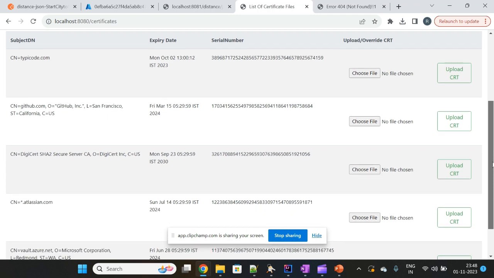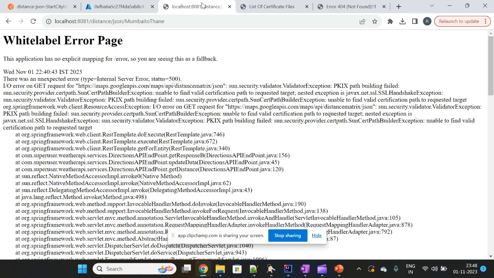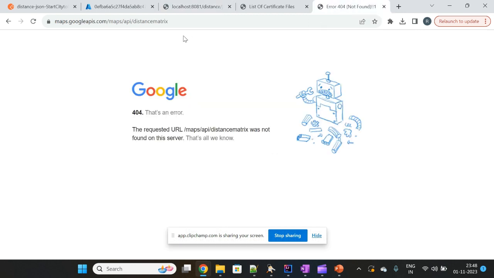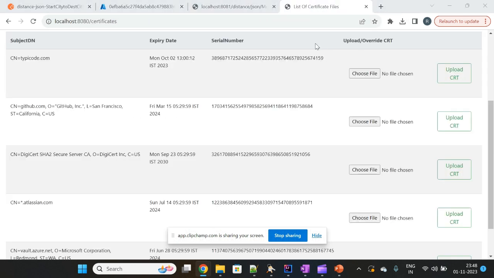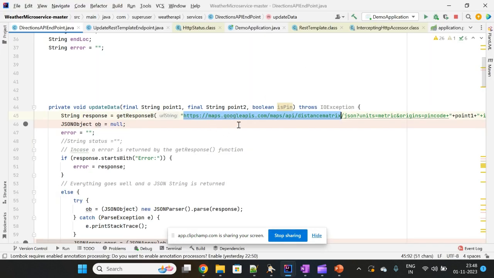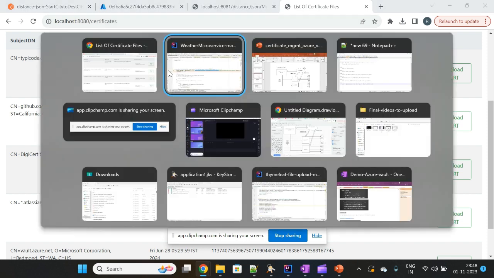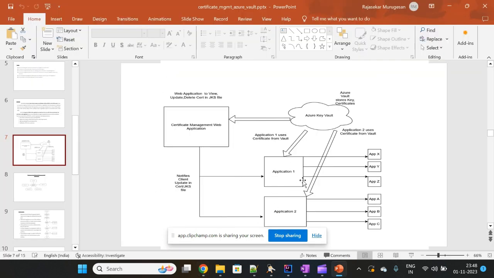present. Okay, and that is why when I hit this endpoint, I'm getting an error saying handshake error, because the certificate that this particular call is looking for is not present. Maps.google APIs, right? Whatever certificate this particular API is looking for, this certificate is not present in my JKS file. So that is the reason when my client application, this particular application one, assume here this